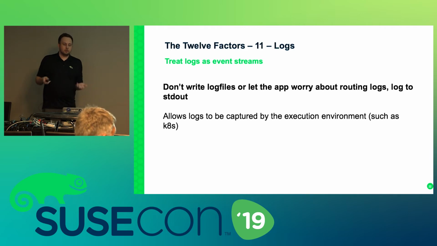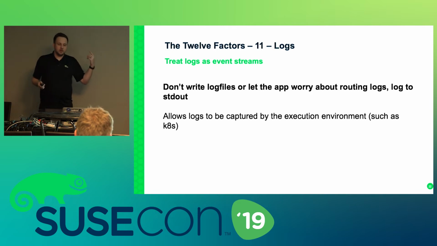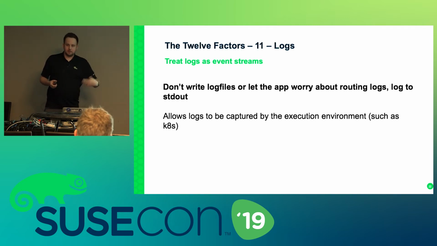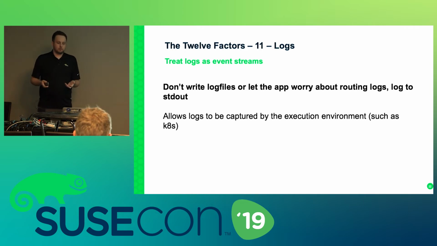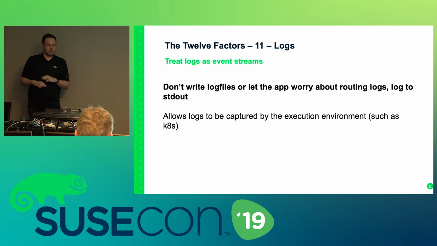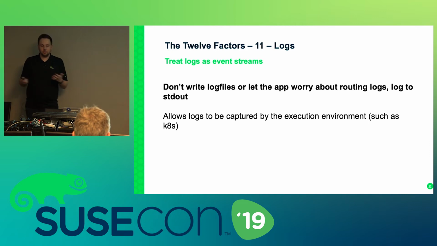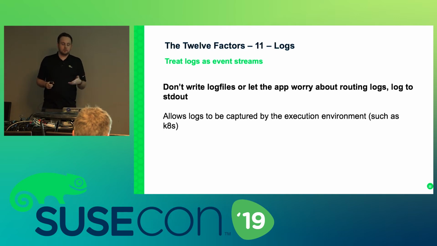But also, if you've got 100 different microservices as part of your overall solution, that means you've got potentially 100 different ways that they were writing log files if we were doing things how we used to do. 100 different ways that an individual developer could have decided to route those log files. So by having the blanket rule of make logging an event stream and log to standard out, it makes that super easy. There's no more ambiguity between the different environments. It also means, because now we've got an environment variable, as mentioned during one of the earlier steps, passed in, it's super easy to turn on debug logging for a specific service.